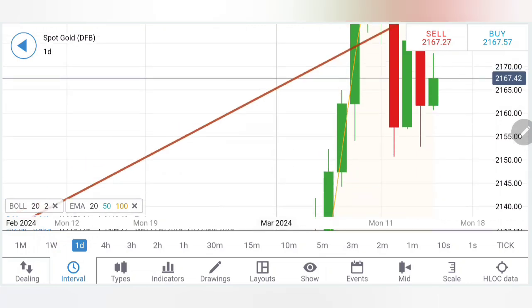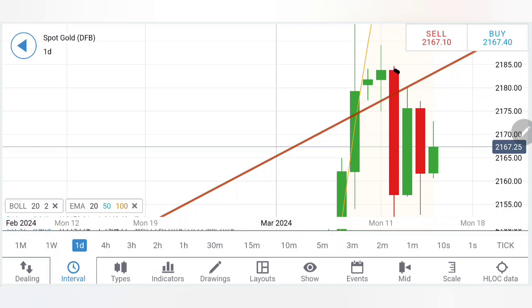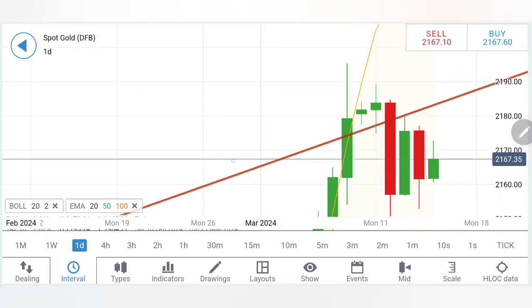Now look at the daily charts. What has happened on the daily charts? You can see gold has approached the lower highs here, and if you connect the highs, almost all the highs are beautifully connected. So it has achieved the highs, and that is why I say it is very, very important for gold to now break beyond 2175.74 levels in order to confirm the rise, and beyond 2180 and 85